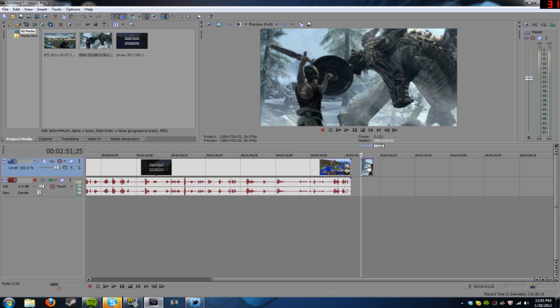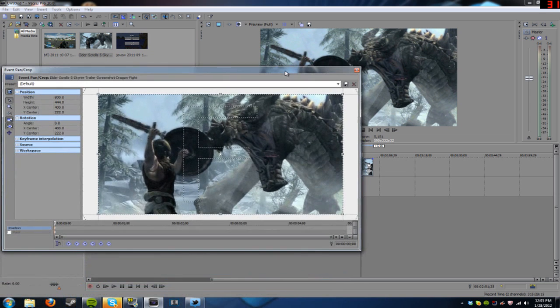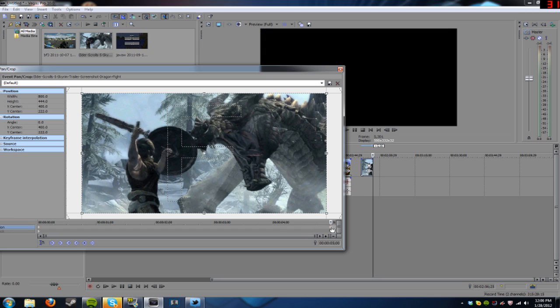So what you do is click the pan and crop button right here, and it opens up this menu. And this is basically your timeline down here. So it's from this point here to this point down here. What you're gonna want to do is double click down here, and it creates a whole new tick mark. Put that at the very end,